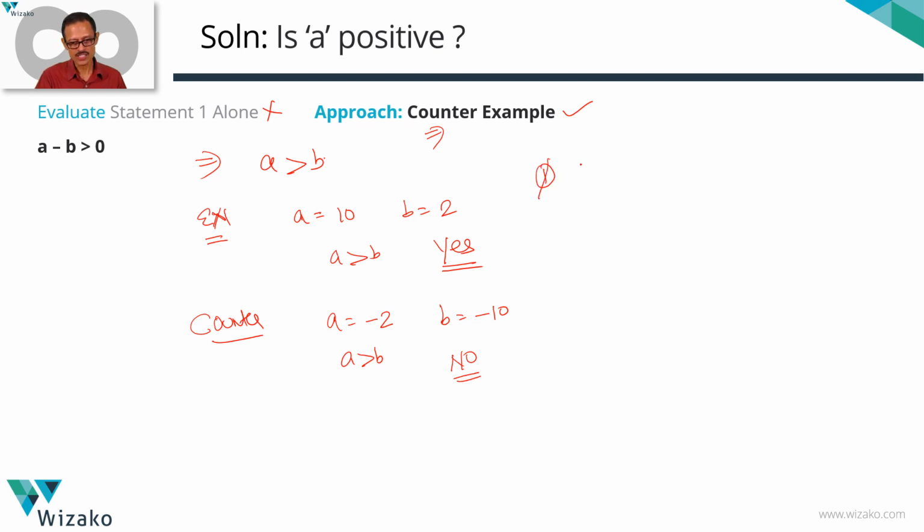1 alone not sufficient. Rule out answer options A and D immediately. Don't even bat an eyelid. What are we down to? We are down to B or CE. I'm giving this gap to say that if we evaluate statement 2 and that ended up being sufficient, we'll go with B. If 2 is not sufficient, then we go to the step of combining the statements to check whether it is C or E. That's why this gap between B and CE.